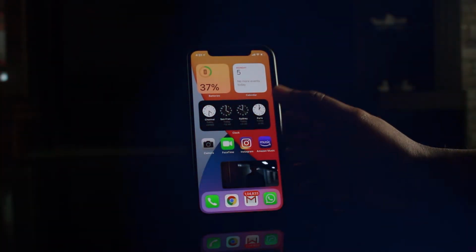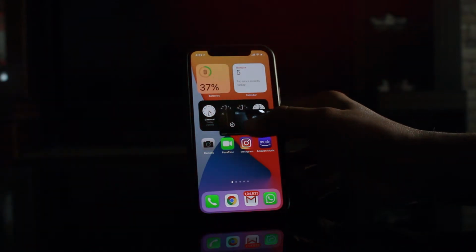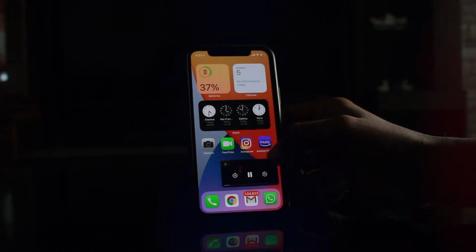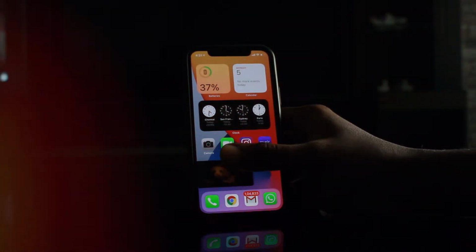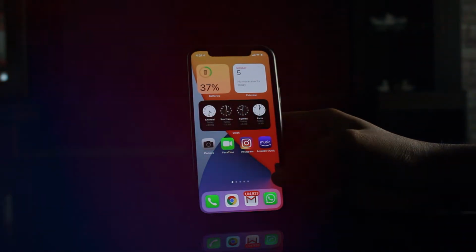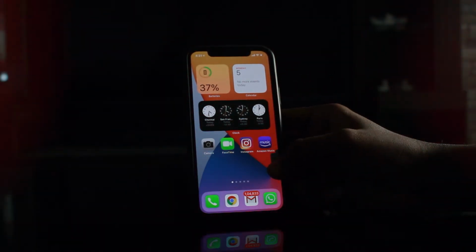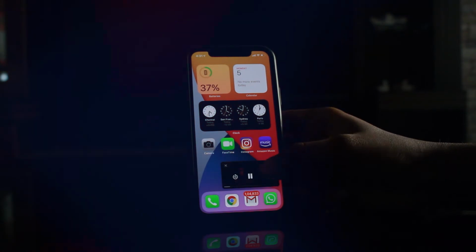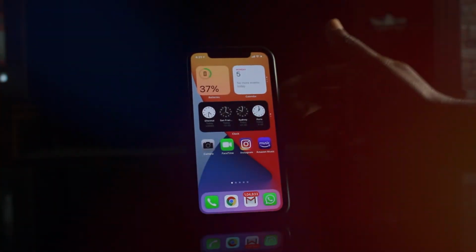The good thing is that you can switch the screen from top to bottom, you can slide it from left to right, you can also minimize this screen, and you can see the arrow here. This is very convenient because the video which is playing doesn't dominate your entire screen. So again, this is very cool.